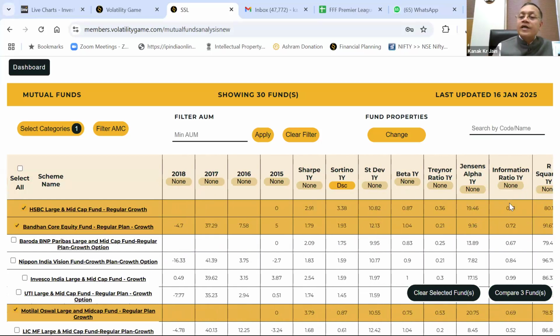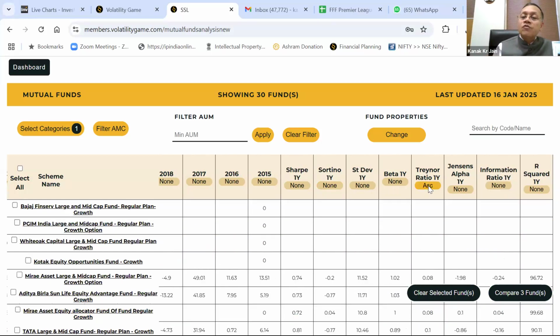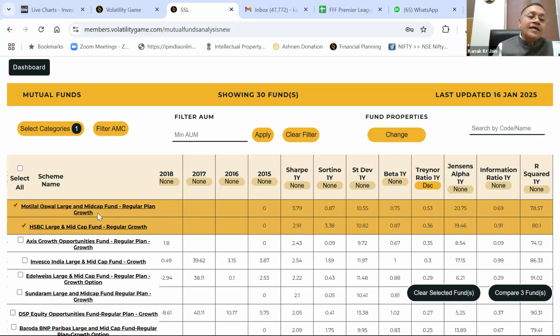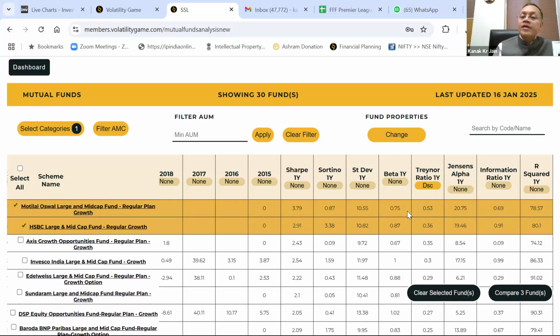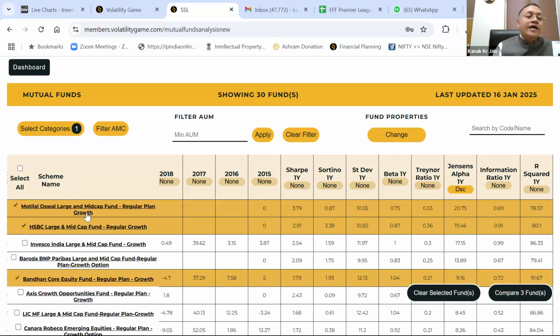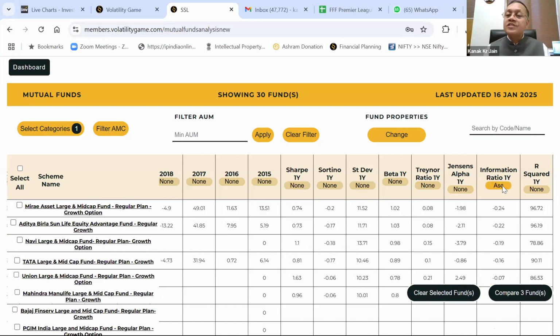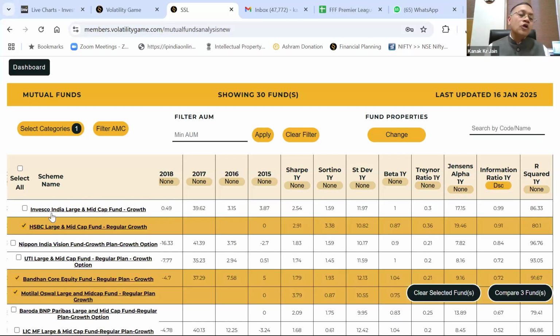So in all the ways, you can actually see, maybe the Treynor ratio. Here also you see Motilal and HSBC again are coming back and Bandhan has gone down. So if you see Jensen Alpha, here also Motilal, HSBC and Bandhan have come. See, the funds which come again and again, which means they are very good. They are coming good in all the categories. And then you finally see, let's say, information ratio. Here you see Invesco has also come, but HSBC, Bandhan and Motilal, they continue to come in top 5